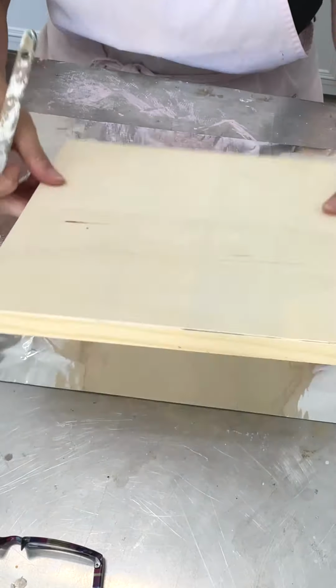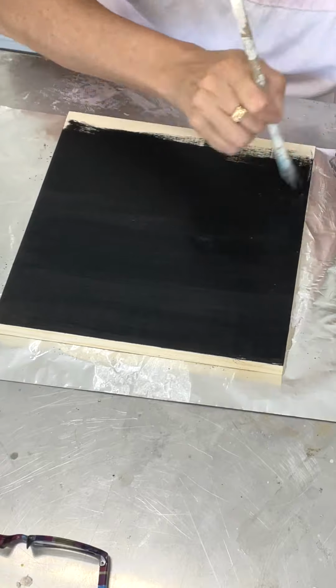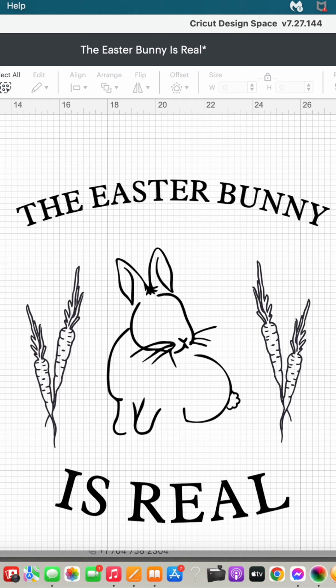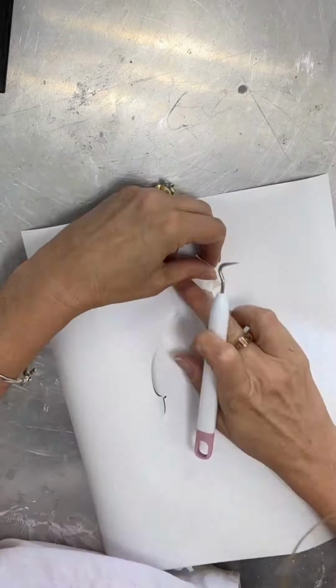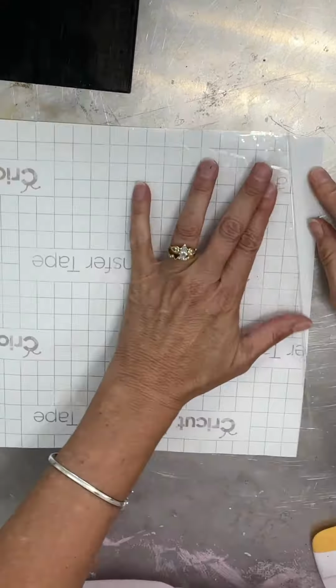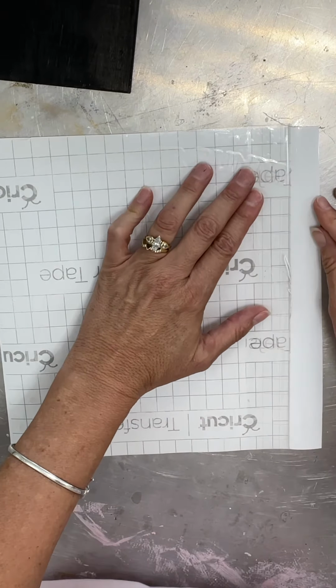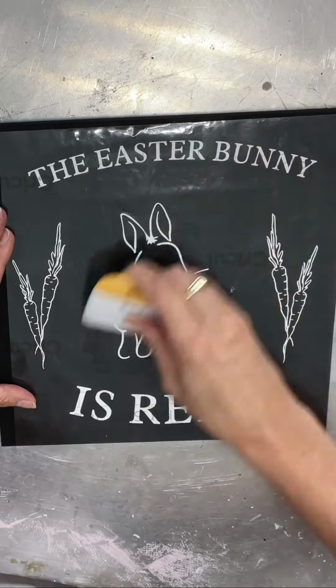I took an unfinished wood canvas, painted the entire thing black. I went into Cricut Design Space and created the Easter Bunny Israel design, which I cut out with my Cricut. And then I weeded the whole thing, which is a little hard to see because it was white on white. I added transfer tape and carefully peeled it off of the backing paper and put it onto the wood canvas